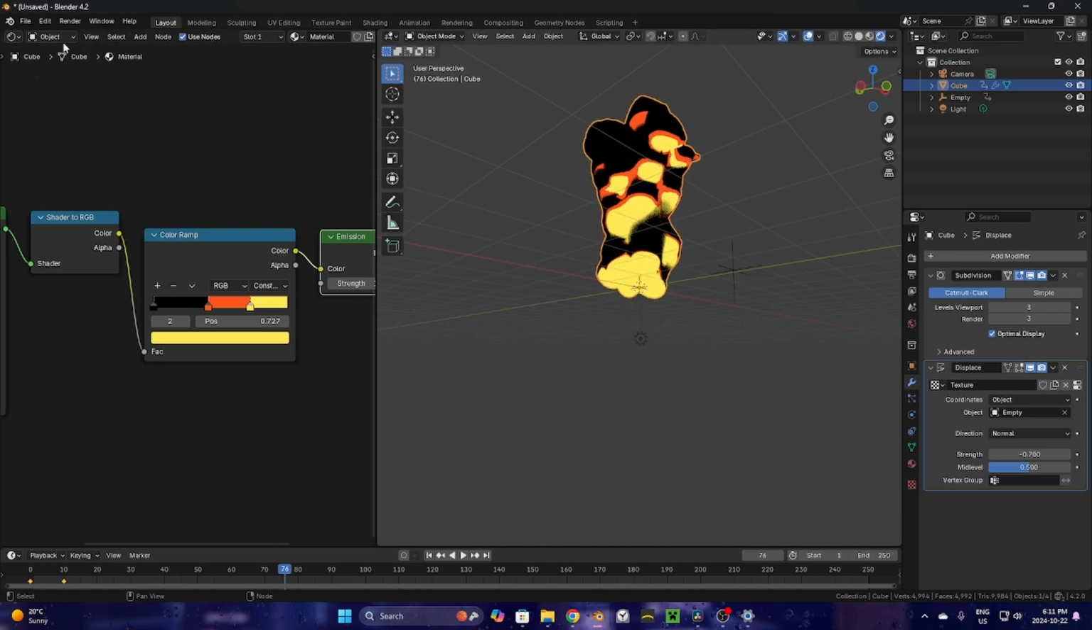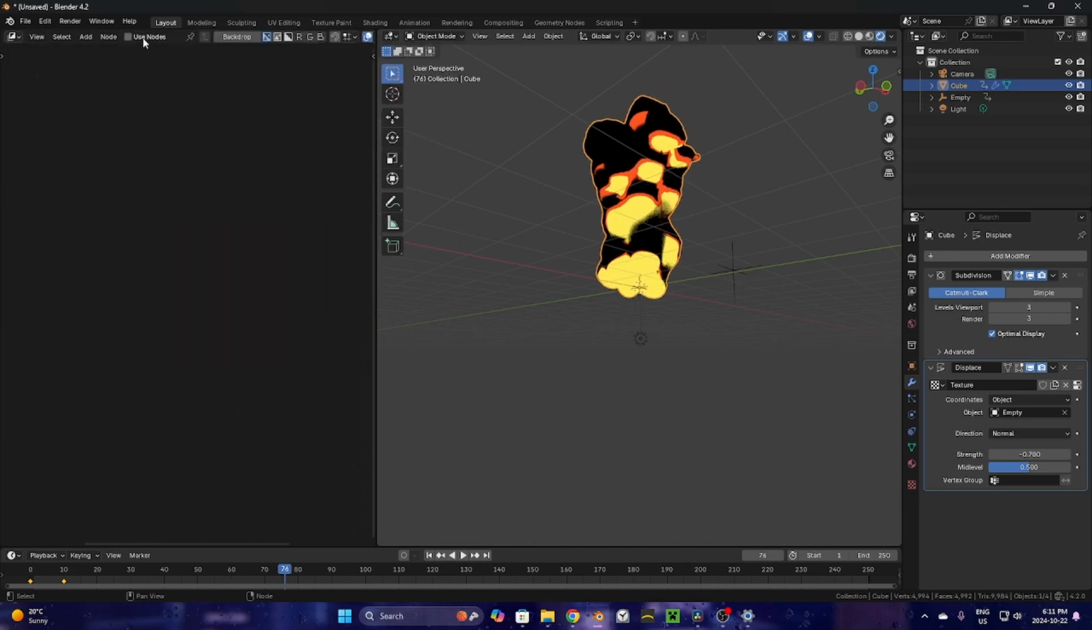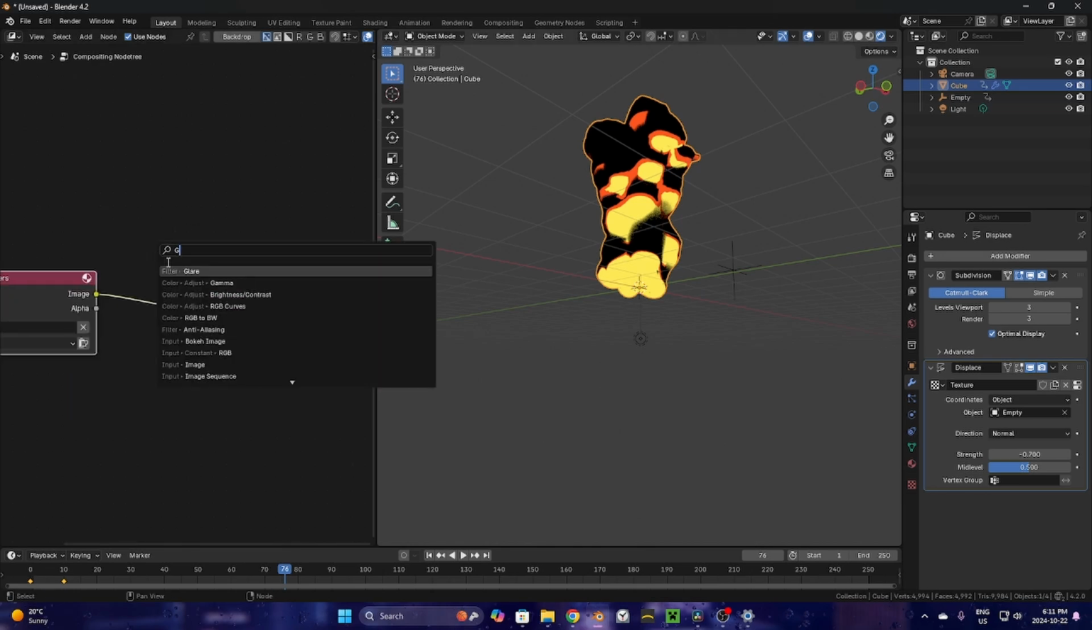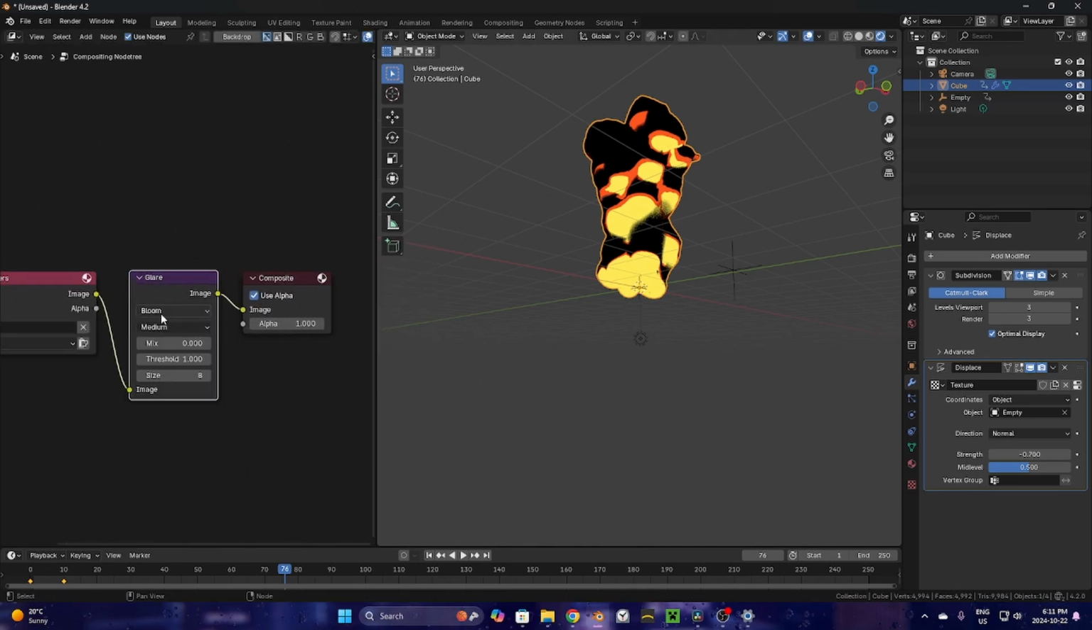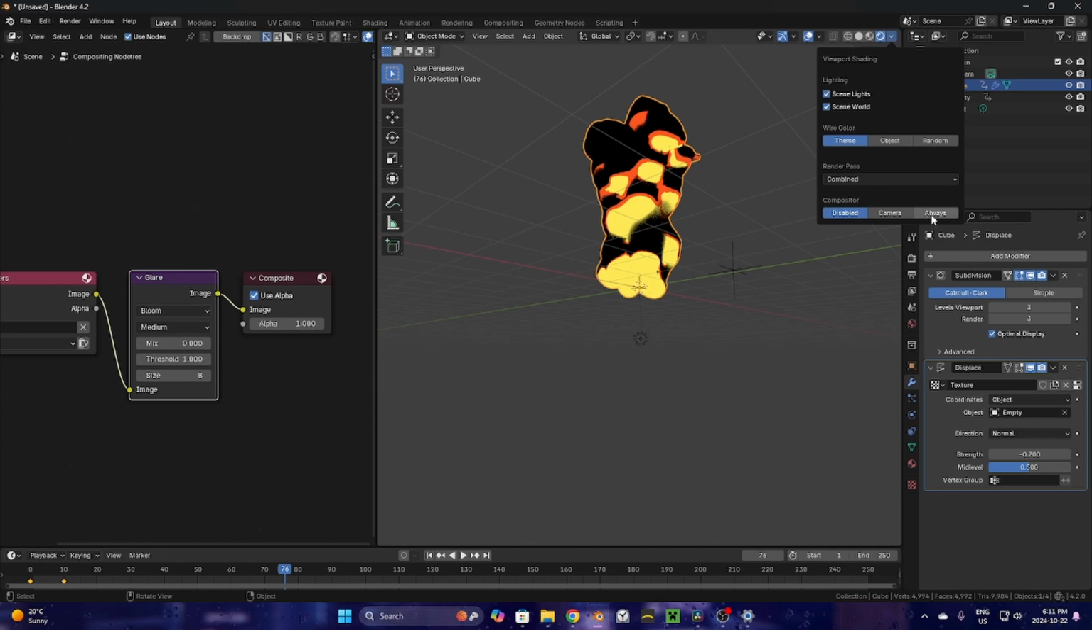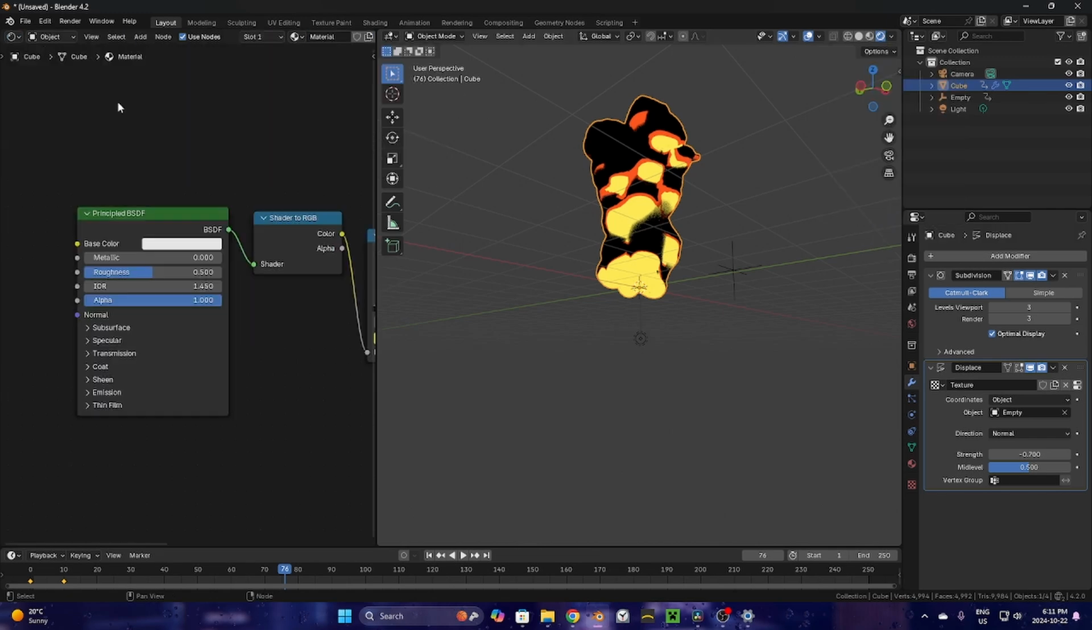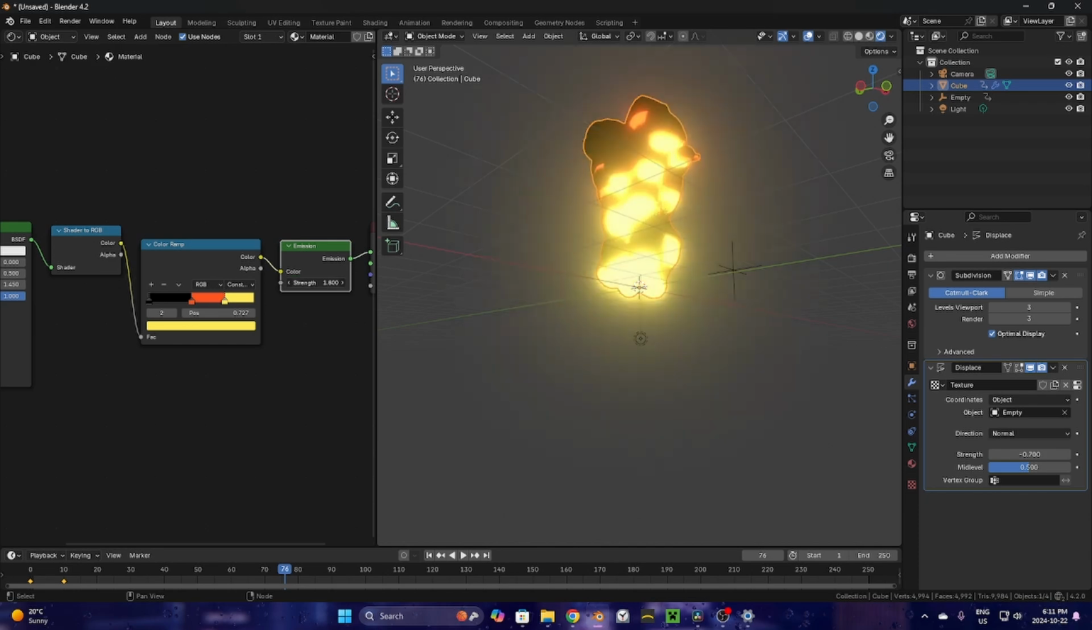Fancy. Then you're gonna want to go into your compositing tab, hit use nodes, add in a glare node, make that bloom, make your viewport compositor always, go into the shader editor, and now you can adjust your emission to your fancy to make it that nice, glowy